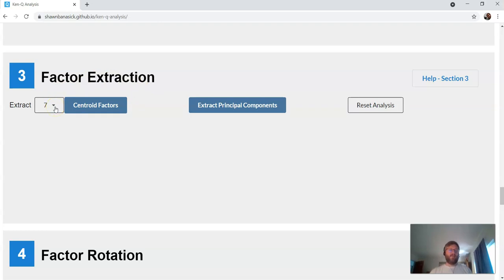So we have to decide how many factors we want to extract. And this is something that you kind of have to do by trial and error. So you can try it with different numbers of factors, see how well the analysis comes together. Try it with a different number of factors, see how well the analysis comes together. Right? When you're doing this factor extraction, you want to try to explain as much as possible of what's going on, right? Incorporate as many of your people, find these shared perspectives that exist within your data, but without having so many factors that it gets complicated to analyze and explain everything that's going on,